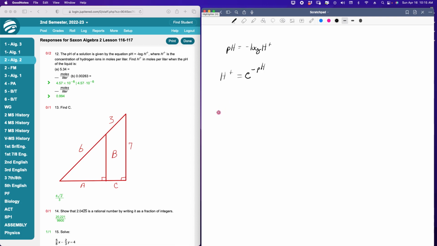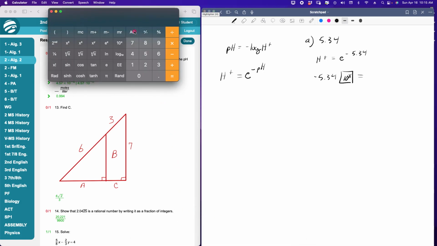All right, so if the pH is 5.34, our first option, we would write H plus is equal to 10 to the negative 5.34. And if we put negative 5.34 in our calculator and then press the 10x key,